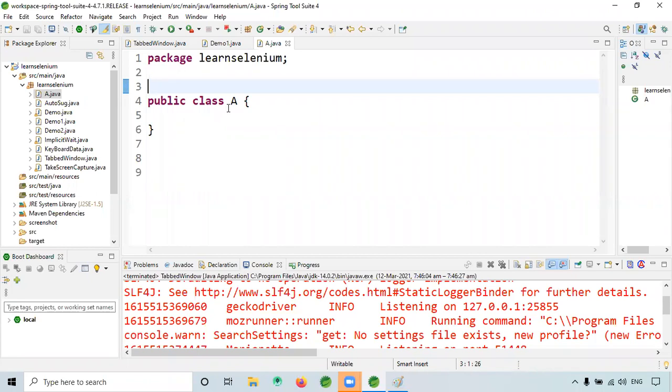For example, we have the Facebook application. You are able to use the functionality of the Facebook application, but the source code is not exposed, right? So basically, abstraction is hiding the implementation details and showing the functionality to the user.